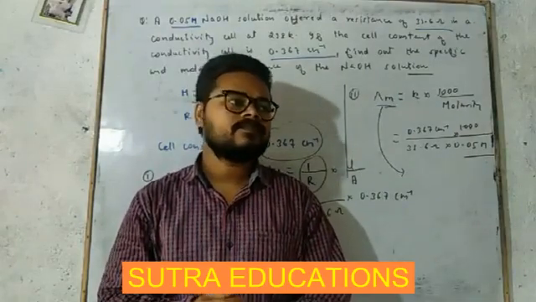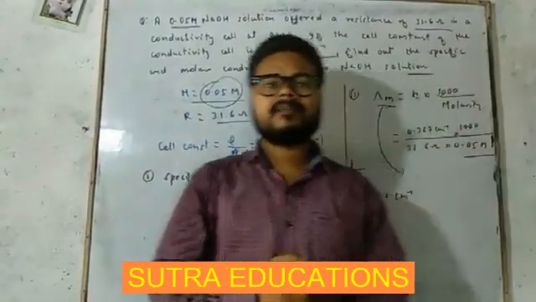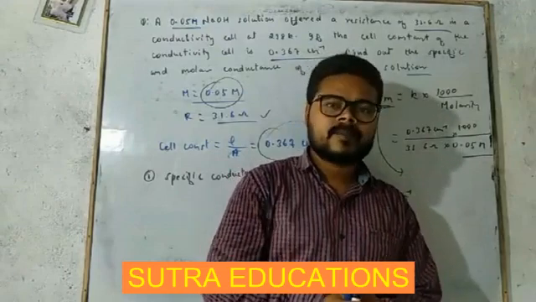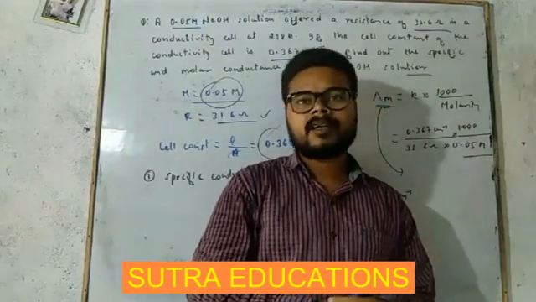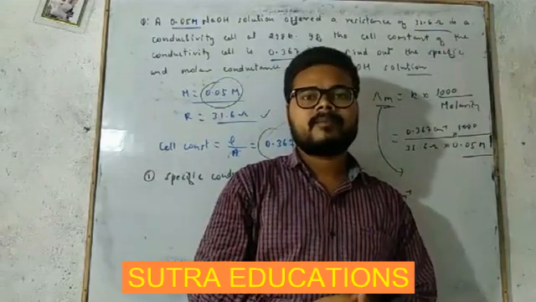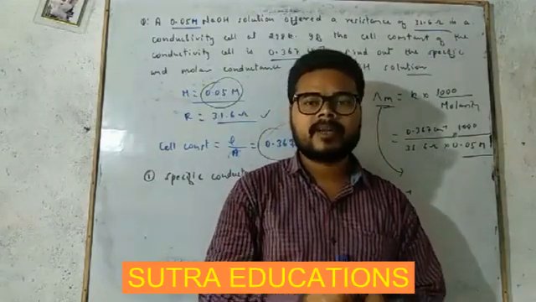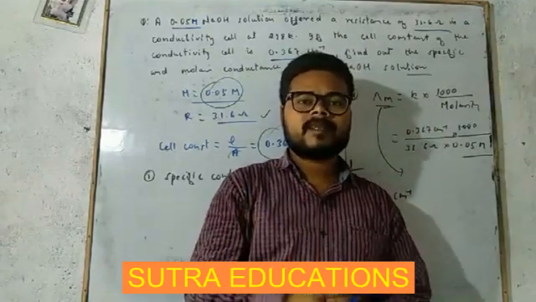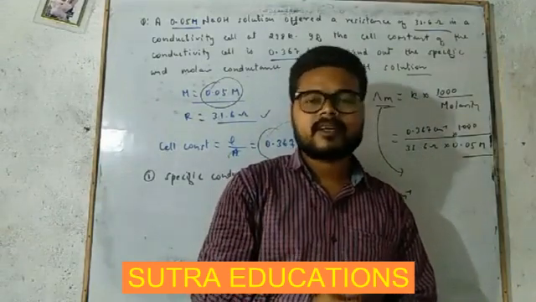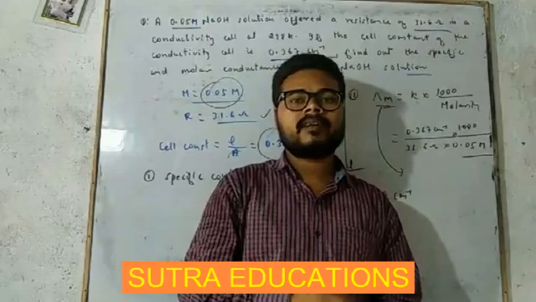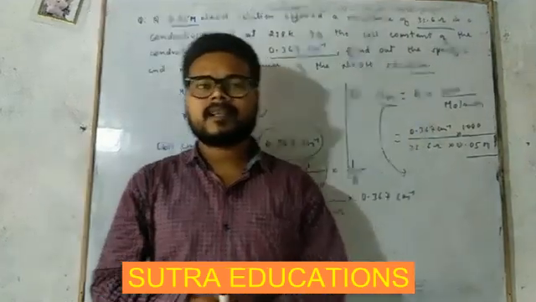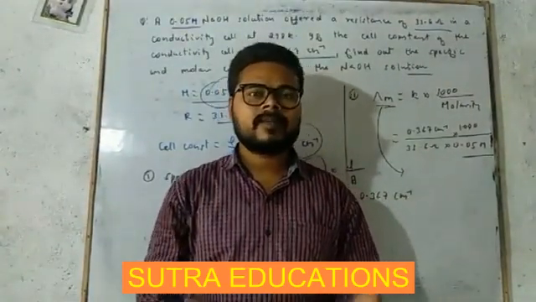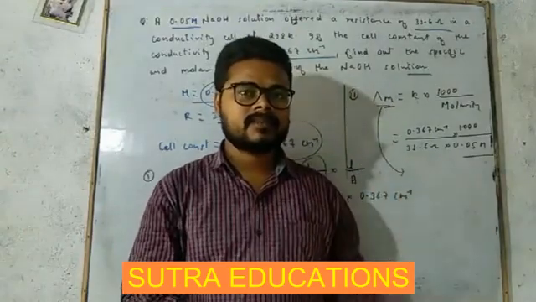In the next chapter we will be discussing measurement of specific conductance through experiment. We will be given some electrolyte in the lab, and suppose we are asked to determine its specific conductance. How we can calculate the specific conductance of a given electrolyte through experiment, we will discuss in our next lecture, along with the factors which affect all these things. Okay, thank you.